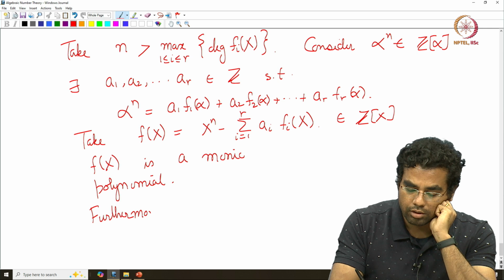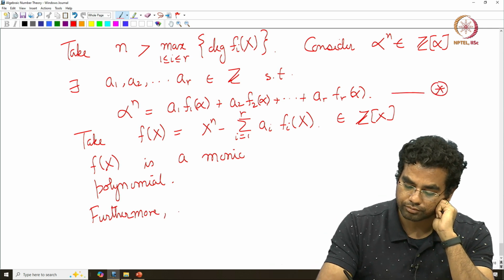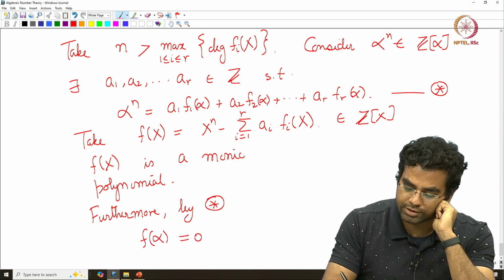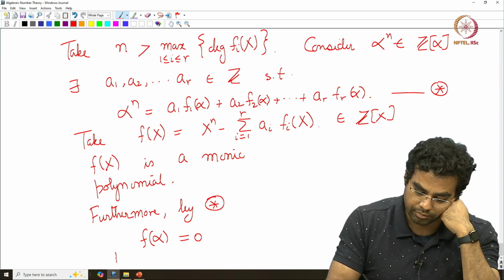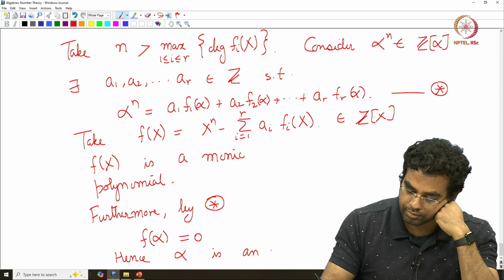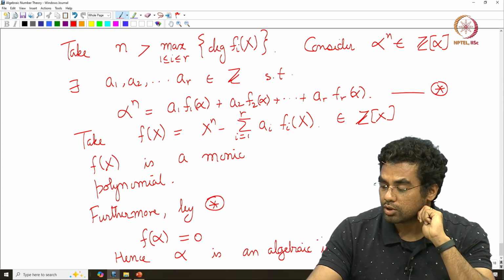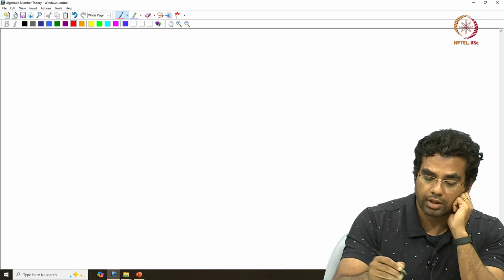Furthermore, just by this relation star, f(alpha) equals 0. So, this means that alpha is an algebraic integer. So, that is 2. We have proved 1 implies 2. Okay. Next, we consider